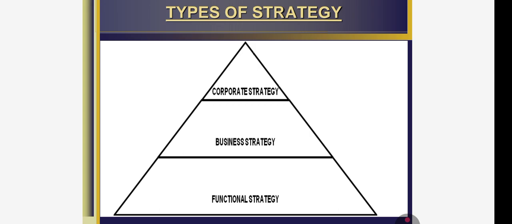So the next level is the business unit level strategy. In the business unit level strategy, a strategic business unit may be defined as a product line or other profit center that can be planned independently from the other business units of the firm. So at the business unit level, the strategic issues are less about the coordination of operating units and more about developing and sustaining a competitive advantage for the goods and services. So that is very much essential for the running of the business.